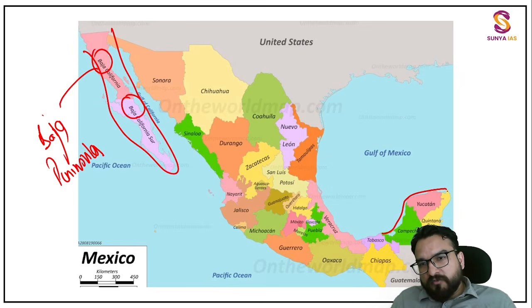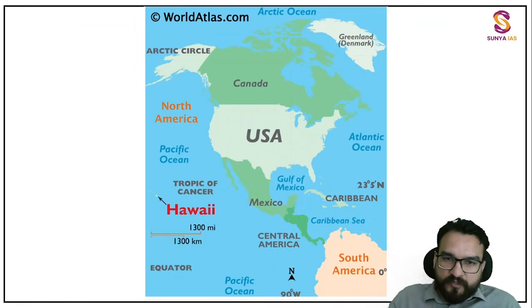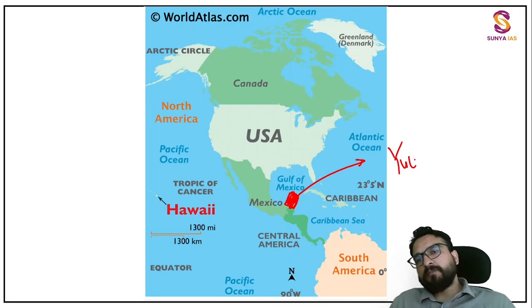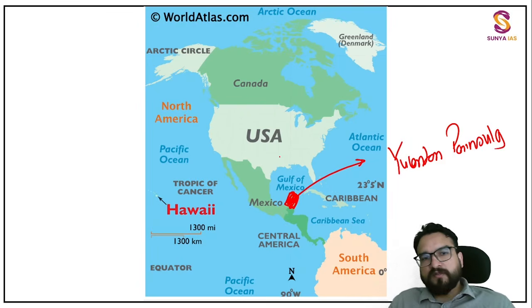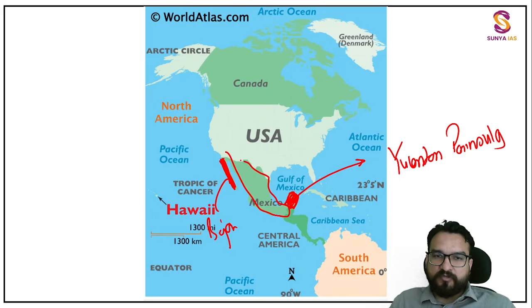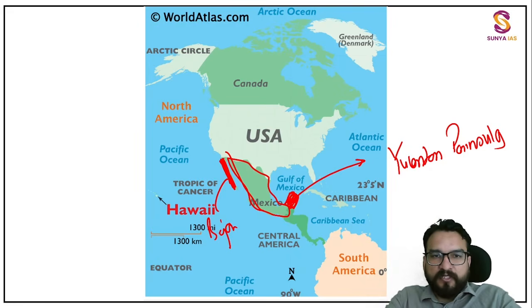And over here you will also be seeing one peninsula, because again from 3 sides you will be finding this particular landmass. Dekho, this particular landmass again from 3 sides, right? So this is also known as something. This is known as the Yucatan Peninsula, and this is known as your Baja Peninsula, and this whole area over here is the country Mexico, right? Later on we will understand the physical features, this is just a political understanding.